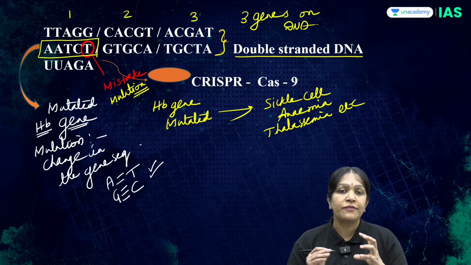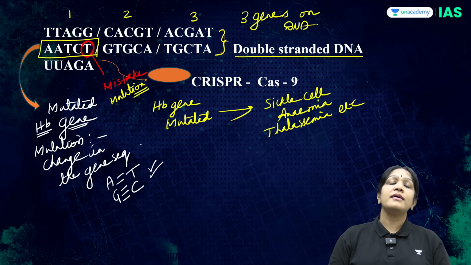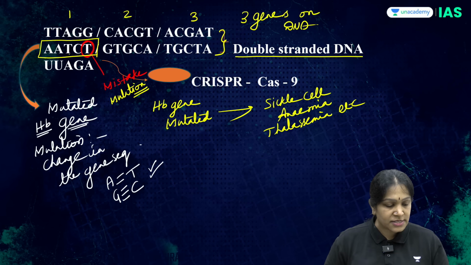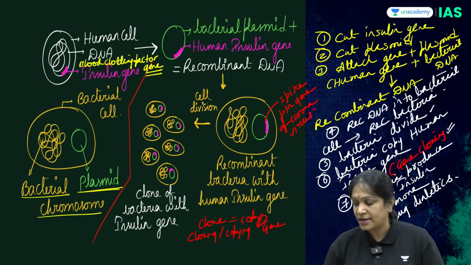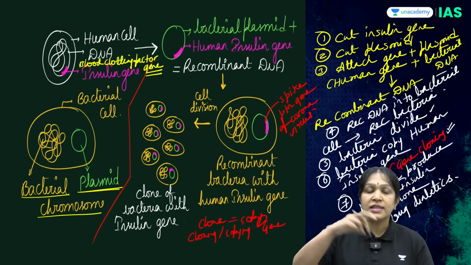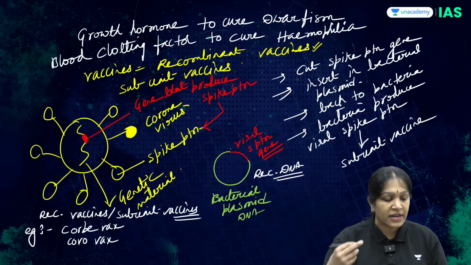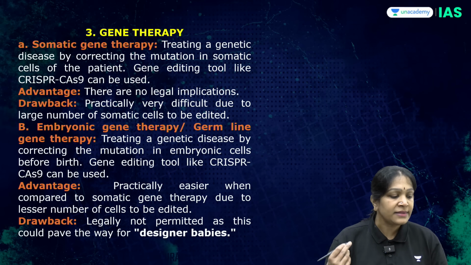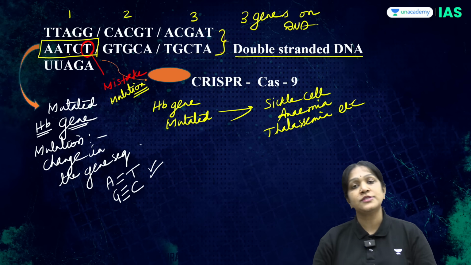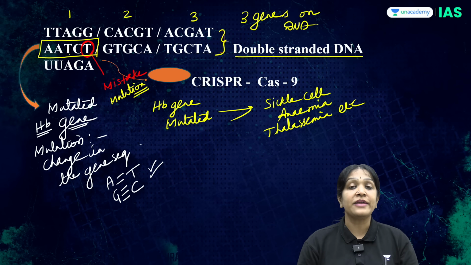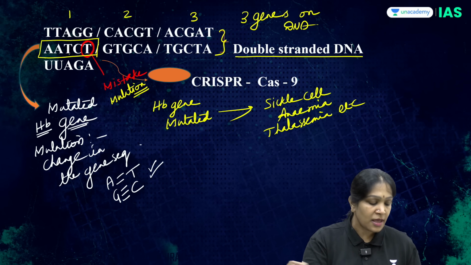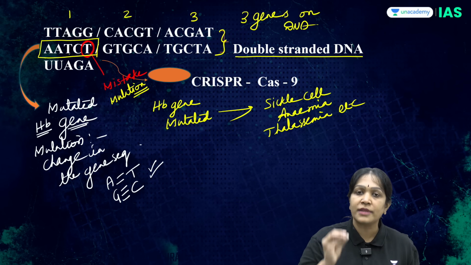So, now what do we have to do? In gene cloning, what have we done? We have given an insulin injection, is it clear? The bacteria produced the insulin hormone and we have given the insulin injection. But that is only a temporary solution. You have to give that injection every day. But if I want a permanent solution, if I want to solve the problem at the root cause level,